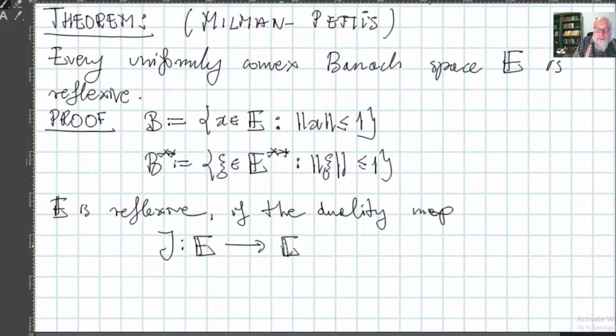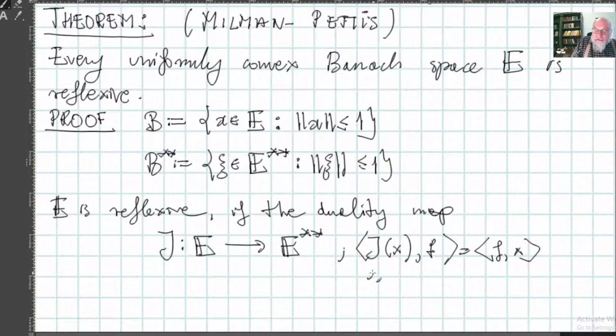It was defined like that: you take the J of x and it will be acting on f just by the formula f of x. So f here belongs to E star. So in order to show that this duality map is surjective,